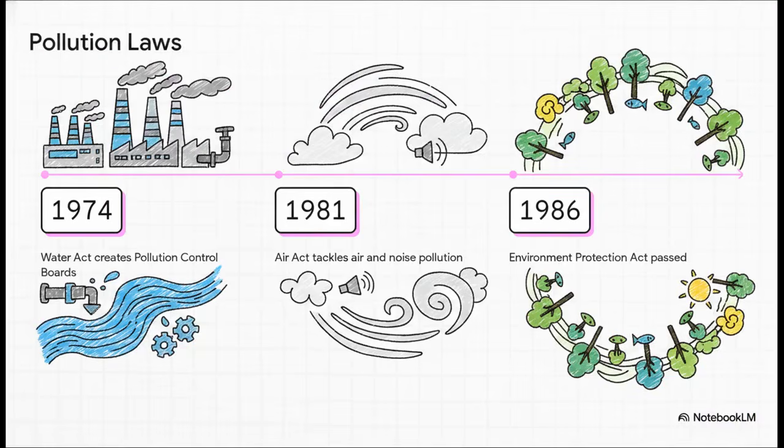So, India's foundational era of environmental legislation really kicked off with a rapid-fire succession of early pollution laws. Picture this. The country is rapidly industrializing, and suddenly there's this massive, urgent need for basic controls. It all starts with the Water Act in 1974, which aimed to restore water quality and, crucially, established the vital pollution control boards. Then, just a few years later, driven by some major global conversations, we get the Air Act in 1981, which was actually later amended to even include noise pollution. And finally, the massive Environment Protection Act drops in 1986.